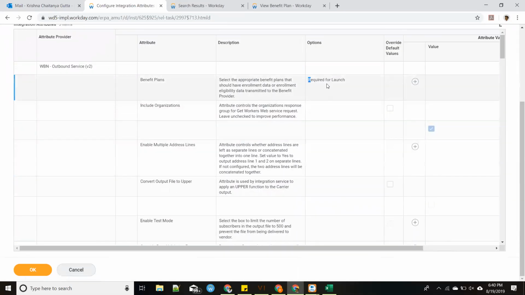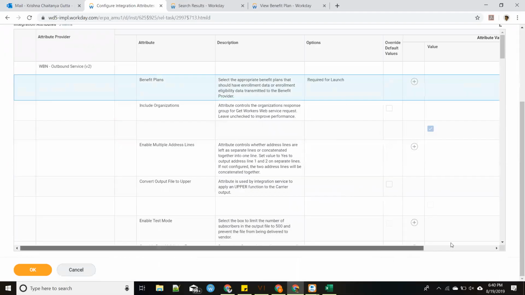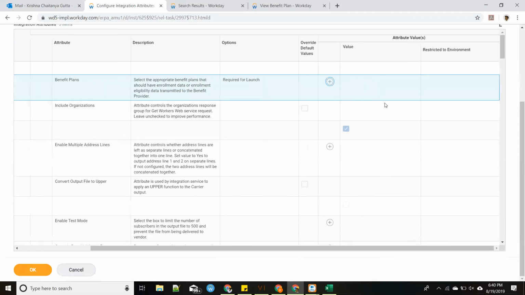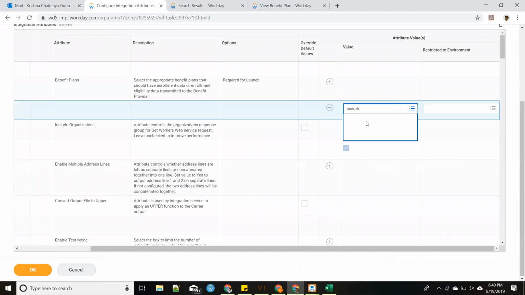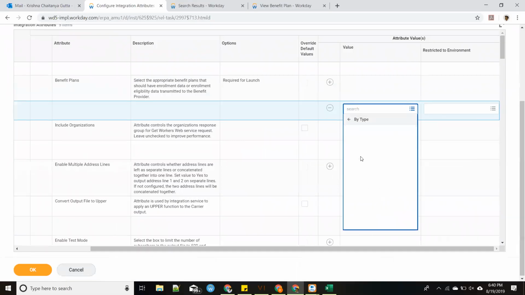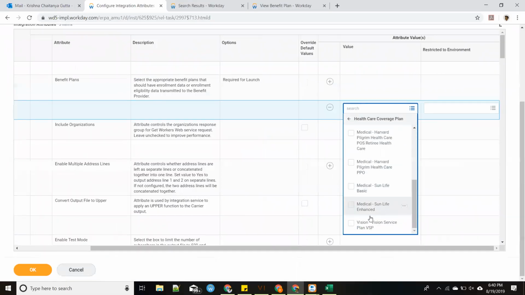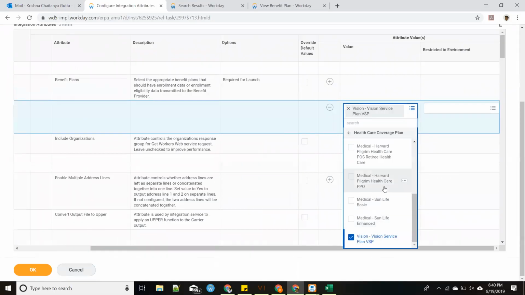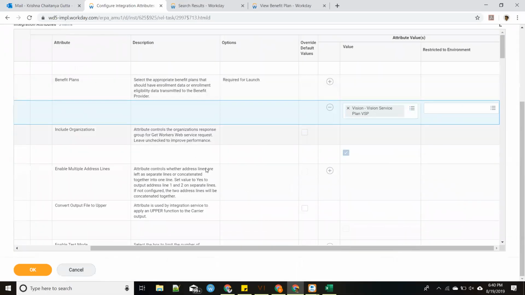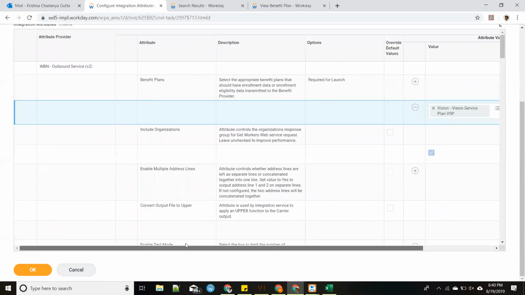Okay, the first one is benefit plans. It is required for launch. It is asking us to select the benefit plans. I'm gonna add a line and I'm gonna select the Vision Healthcare VSP Vision Provider Vision Service Plan. Right, that is the only Vision plan I think I have under healthcare coverages. This is my plan. That's good. And these are the rest of the attributes